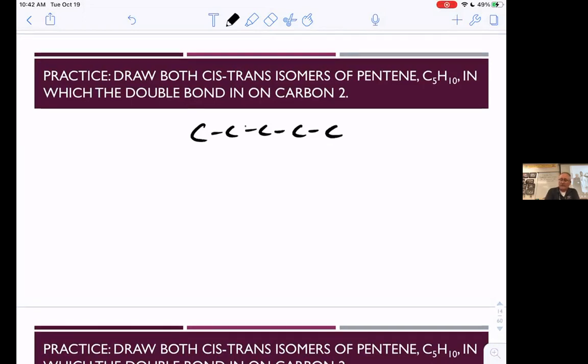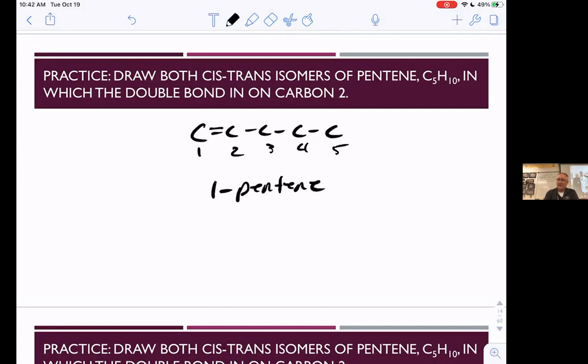The double bond could be on the second carbon, it could be on the first carbon. If they don't tell you what numbered carbon it is, then it's on the first carbon. So this is carbon 1, carbon 2, carbon 3, carbon 4, carbon 5. But if they tell you it's just pentene, then it would be on the first carbon. That would be the same thing as calling it